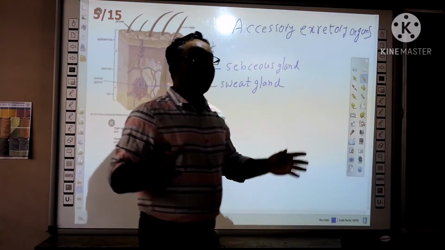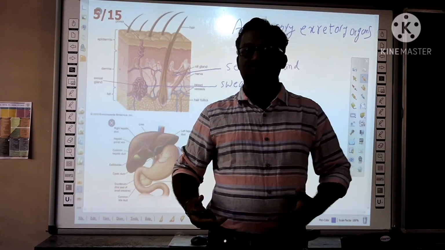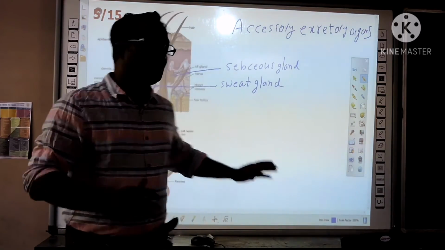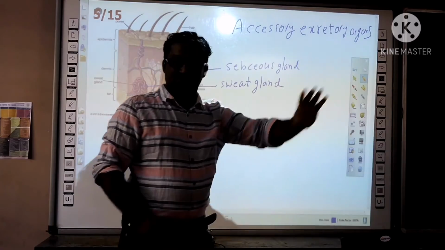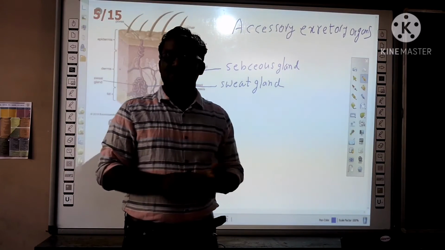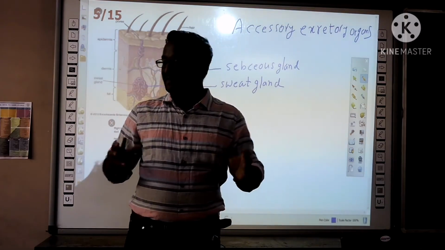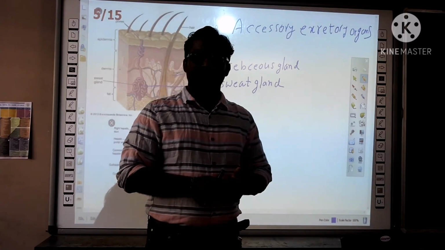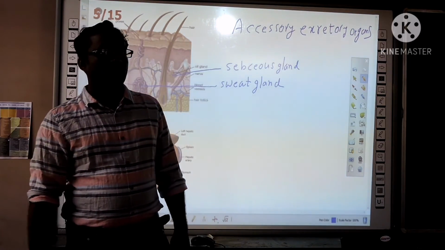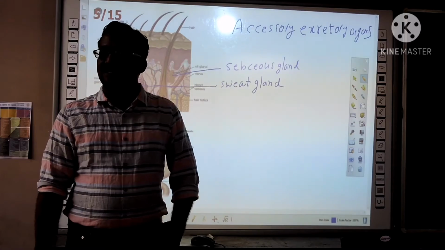Okay, kidneys are the vital or main organs in our body for blood filtration. Along with the kidneys, some other organs are also involved, which are called accessory excretory organs. Those are skin, liver, lungs, and large intestine. They also help in separating waste from the body. For example, lungs. What do lungs remove from the body? Carbon dioxide. They remove carbon dioxide and excess water.